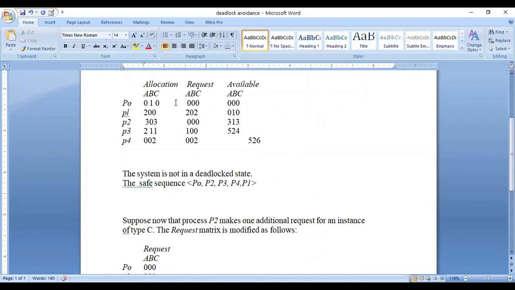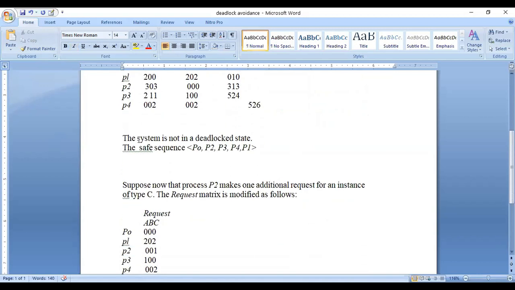In the request, we have to change only one value: put 001 here, replacing 000 with 001. So the request values are P0 000, P1 202, P2 001, P3 100 and P4 002.